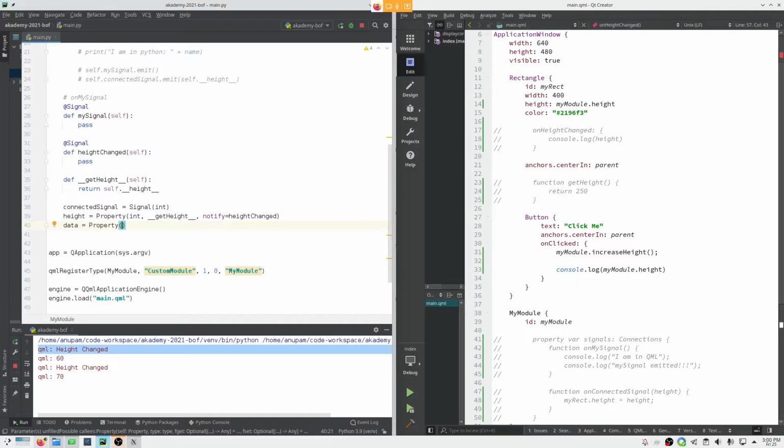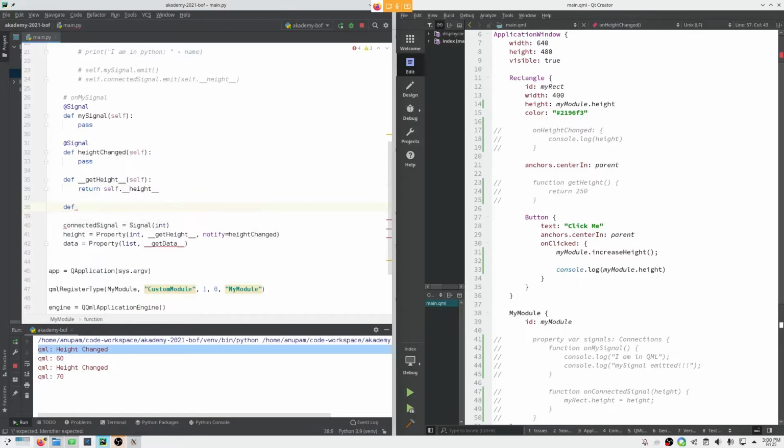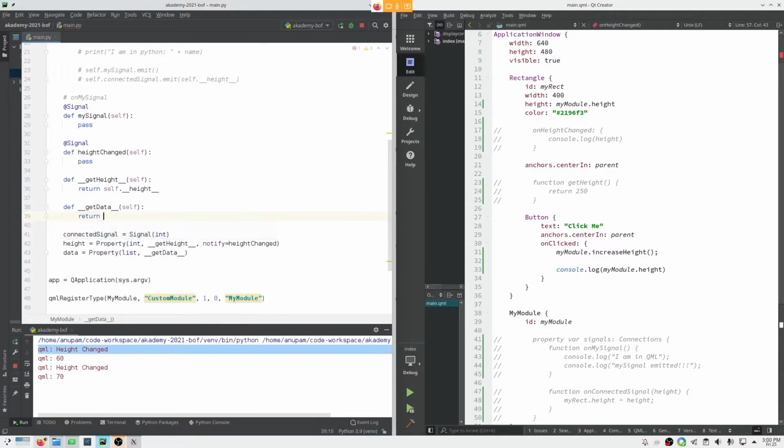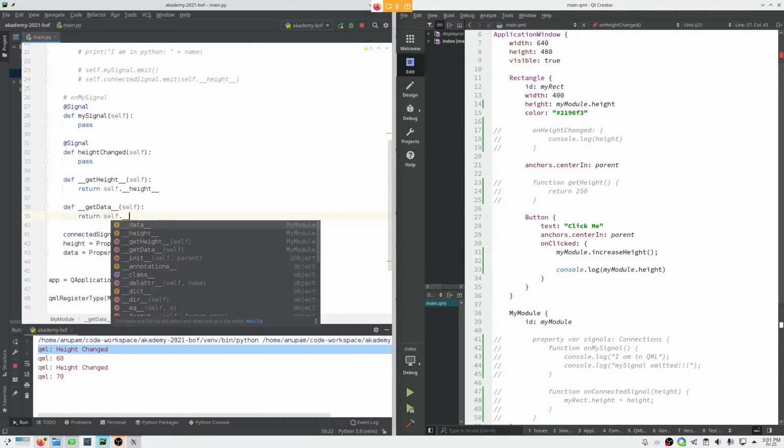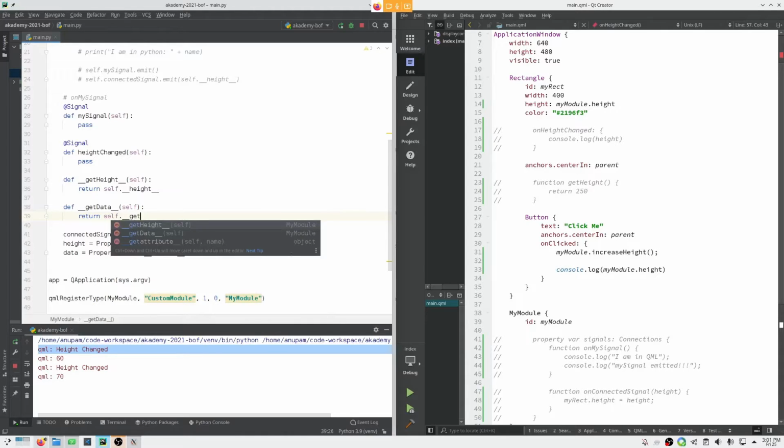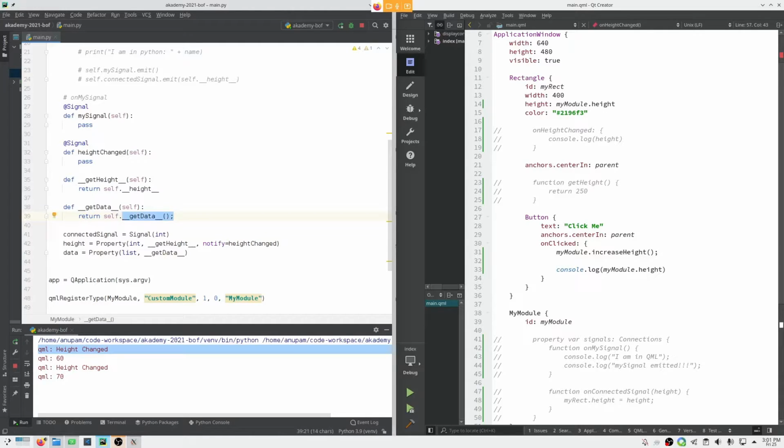I would say that the data type of this variable is list. And the getter method to get that data is getData.